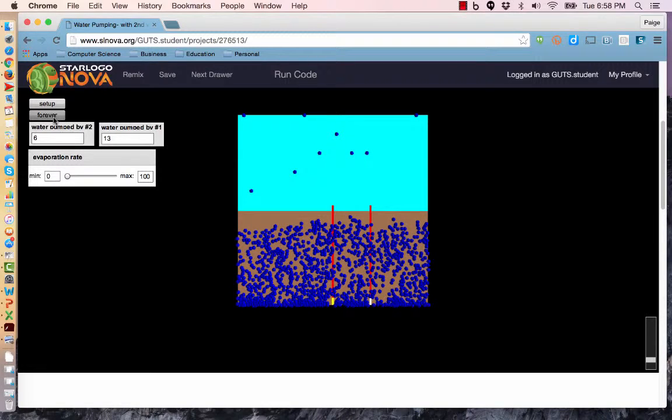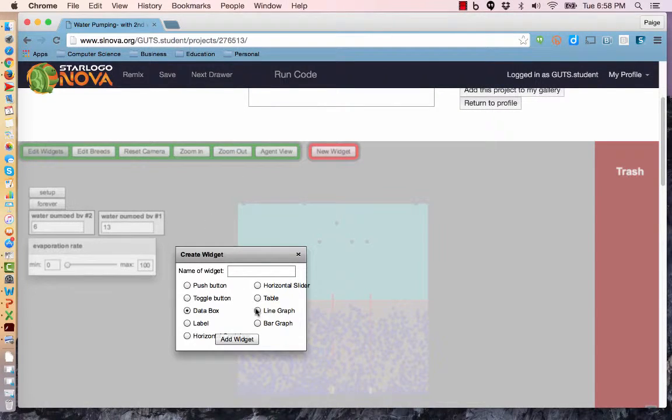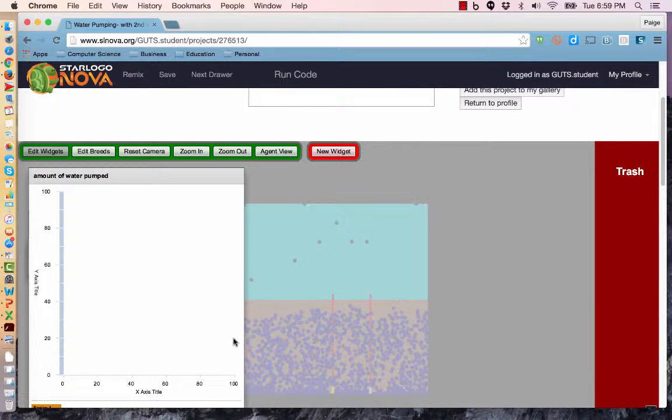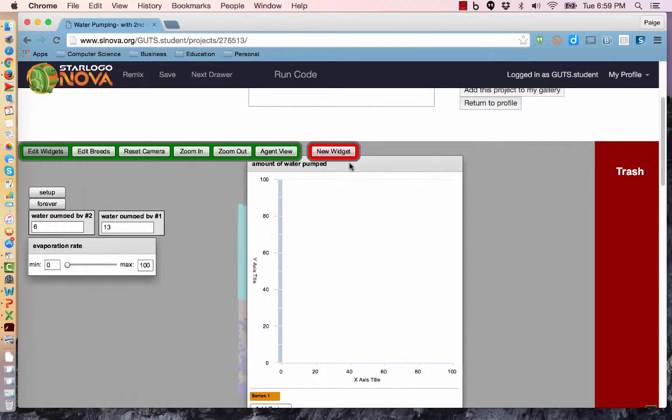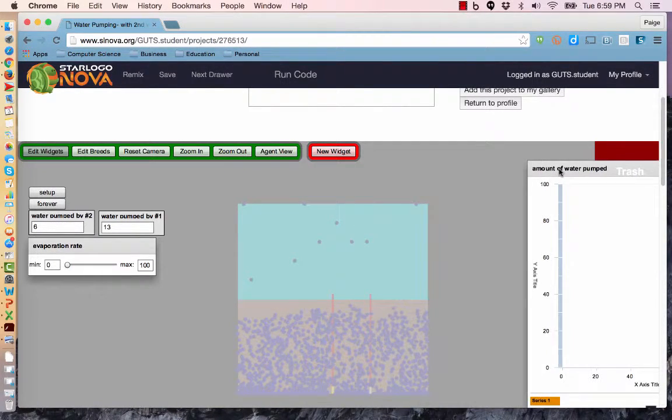So now we'd like to visualize the data using a graph. And a graph is also a widget, so we want to edit widgets, we want to get a new one, and we're going to use a line graph, and we're going to give the graph a name, and add that. Now graphs are quite large and they're always in the upper left, so we can go ahead and move them. I do want to caution you, however, I do not recommend that you put them all the way to the edge or over by the